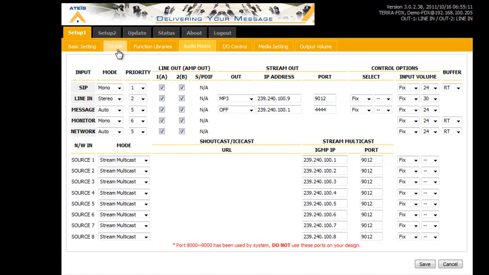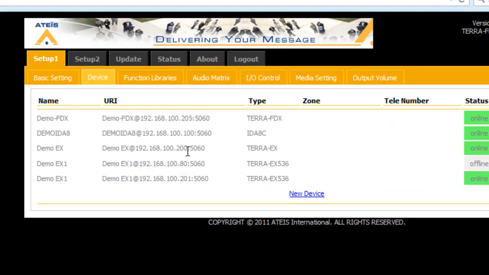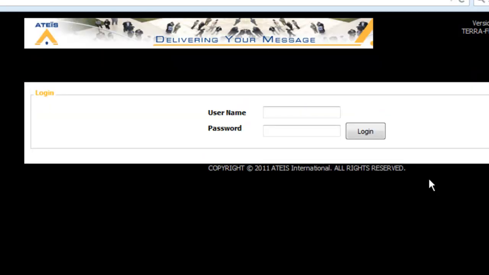So if I just remember where my other devices are, I am at 200 and 201. I actually don't know which one I'm physically connected to, so let's hit log out, and we'll say yes. Now I'm going to turn on music right now on my iPad. We'll throw a little Maroon 5 on there, and it's playing right now.